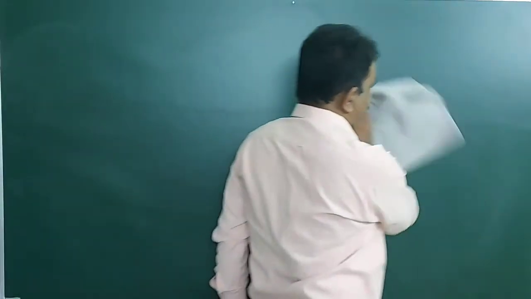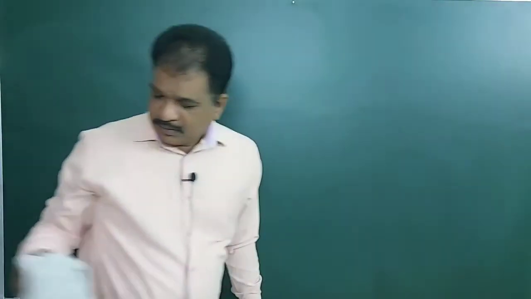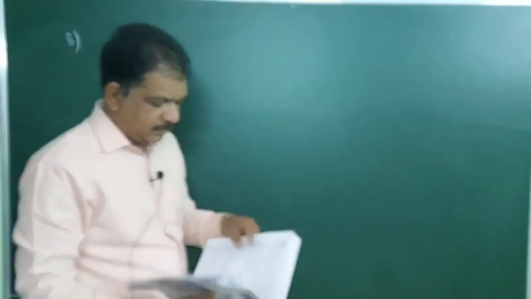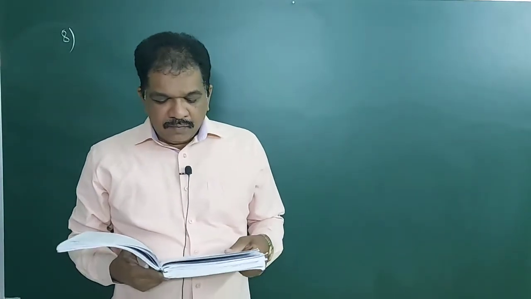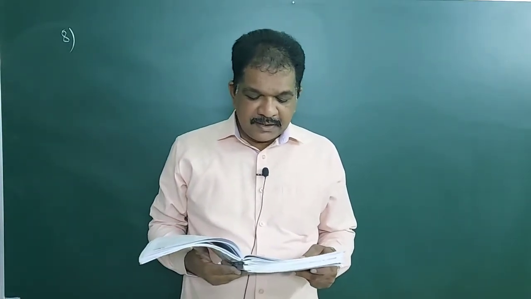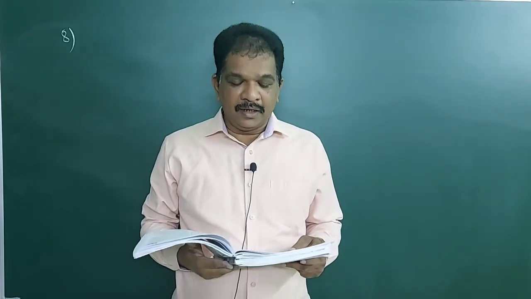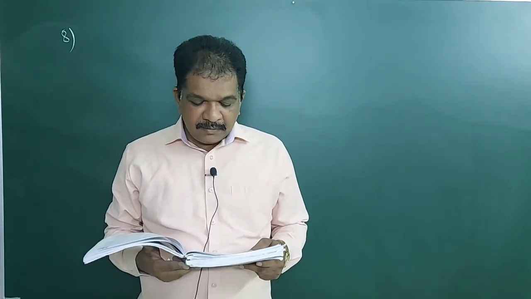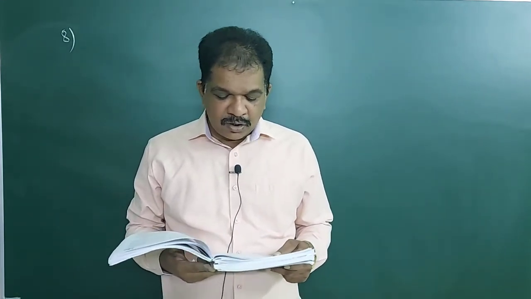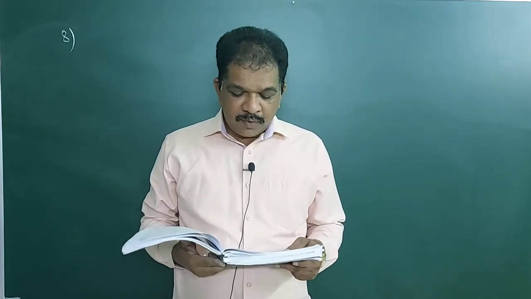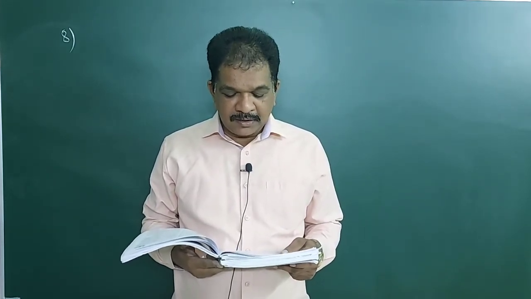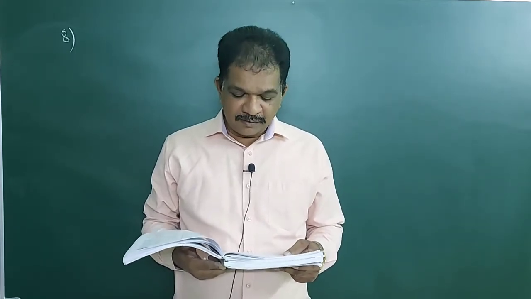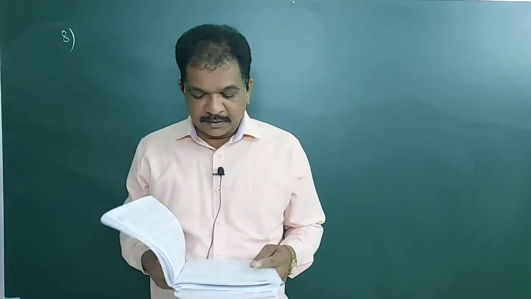Eighth. One mole of O2 gas is heated at constant pressure starting at 27 degrees centigrade. How much energy must be added to the gas to double its volume? So volume is increased. How much heat energy we have to add at constant pressure? This is also a repeated question. Somewhere we got this question.